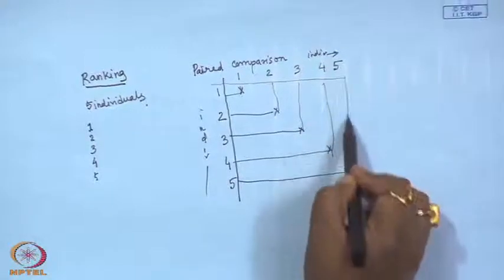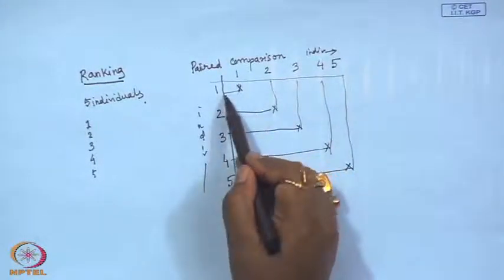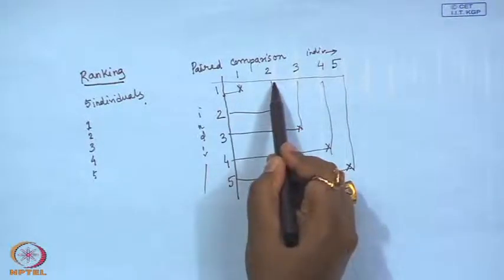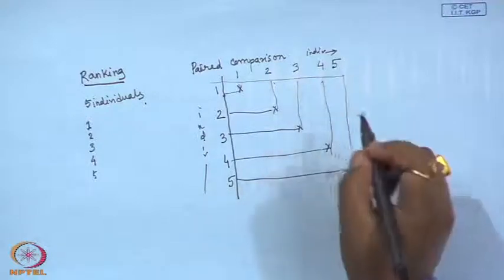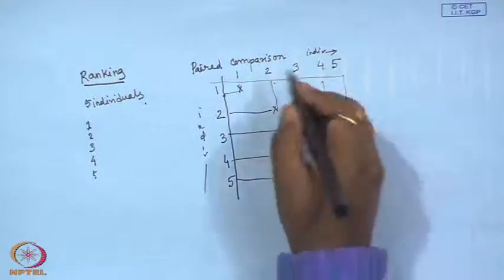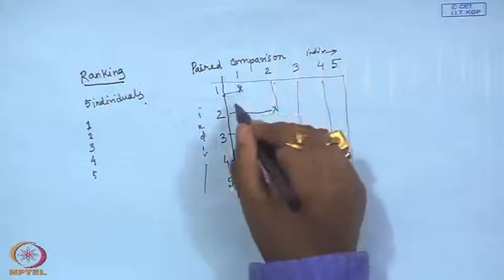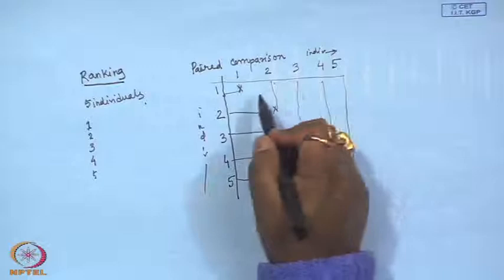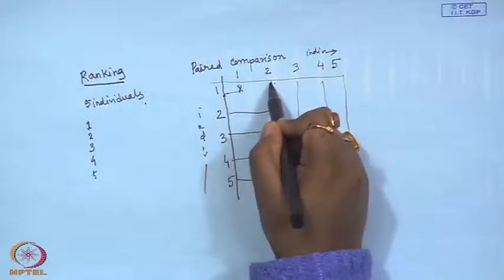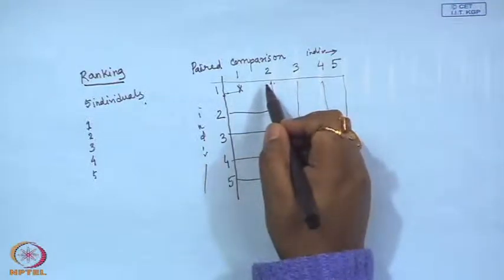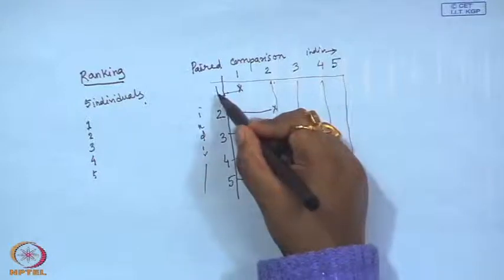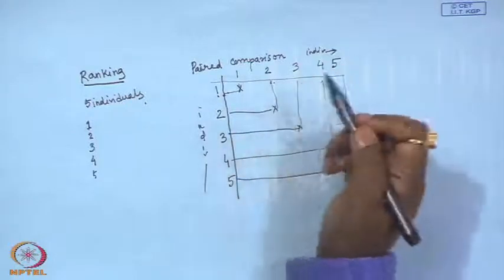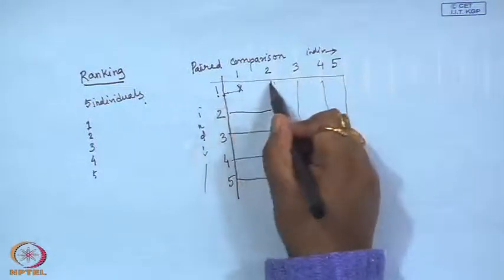Irrespective of that, what you are trying to do over here is first compare 1 with 2 with respect to a certain attribute, and we take the judgment from a number of people, and we find out when 1 is compared to 2, whether 2 is given a higher ranking